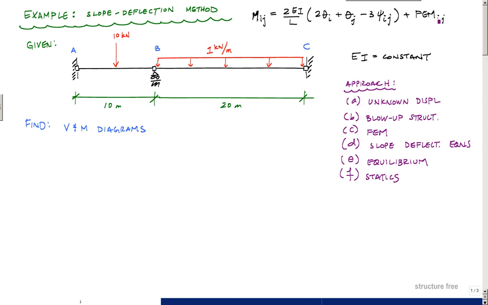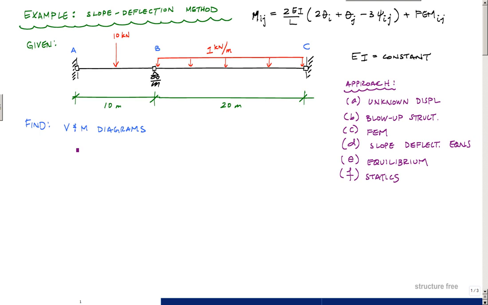And here's the problem that we're going to look at. It's a continuous beam ABC. At point A, it's fixed. B is a roller. And C is fixed. I've got a concentrated load of 10 kilonewtons at midspan between A and B, and 1 kilonewton per meter uniformly distributed across BC. And the way I'm going to approach this problem to calculate the shear and moment diagrams